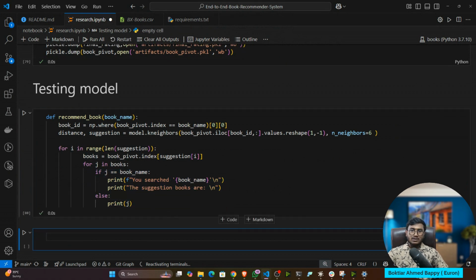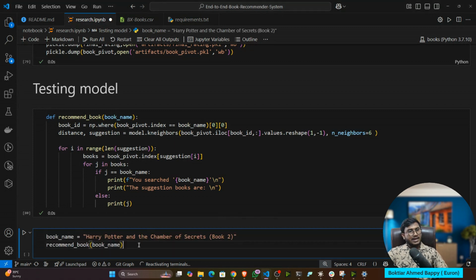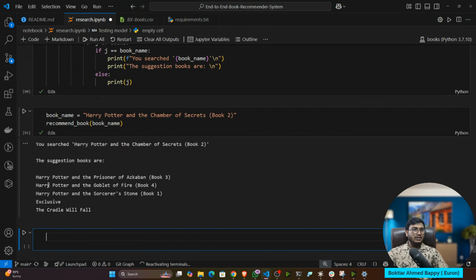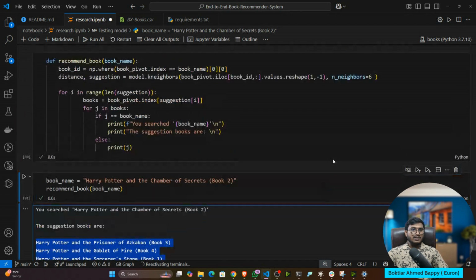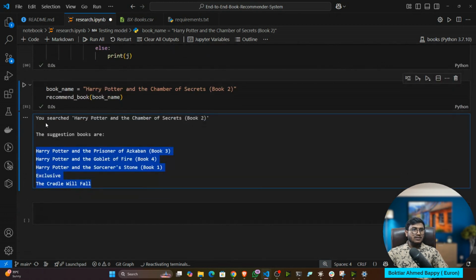And this book name I will show in the console. Now if I execute, let's say I give a book, Harry Potter and Chamber of Secrets, this is the book name and it will give me the suggestions. This 1 2 3 4 and 5. 5 book suggestions, and here I have given 6 and 6 itself. That means one book would be this book itself. I'm not getting the first book. That means this is the book I'm giving. I'm only getting the suggestion ones. That's why it's giving me 5 book suggestions. I hope you got it, guys.